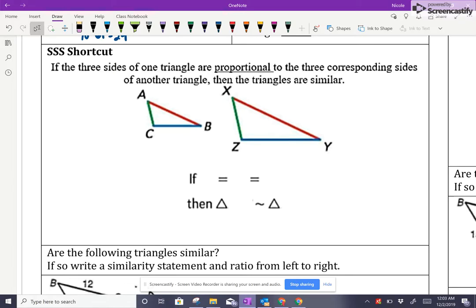So if the three sides of one triangle are proportional to the three corresponding sides of the other triangle, then the triangles are similar. So that's saying, in a less crazy sounding way, if AC, side length AC,